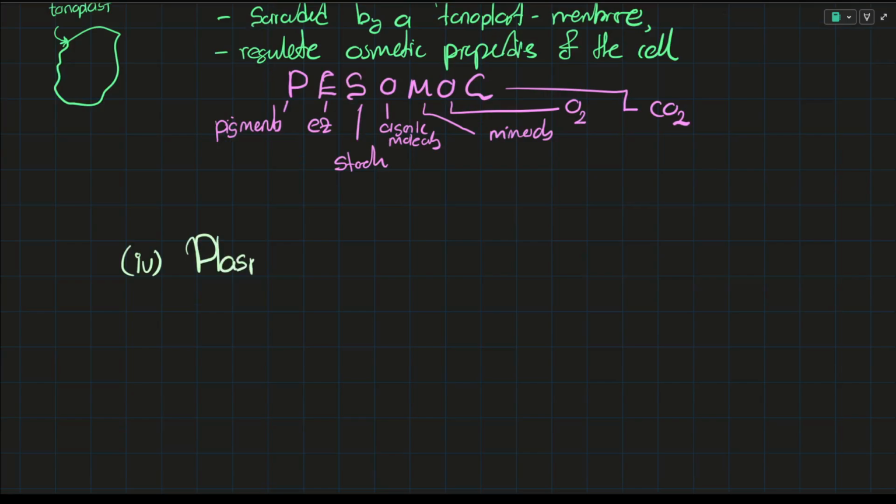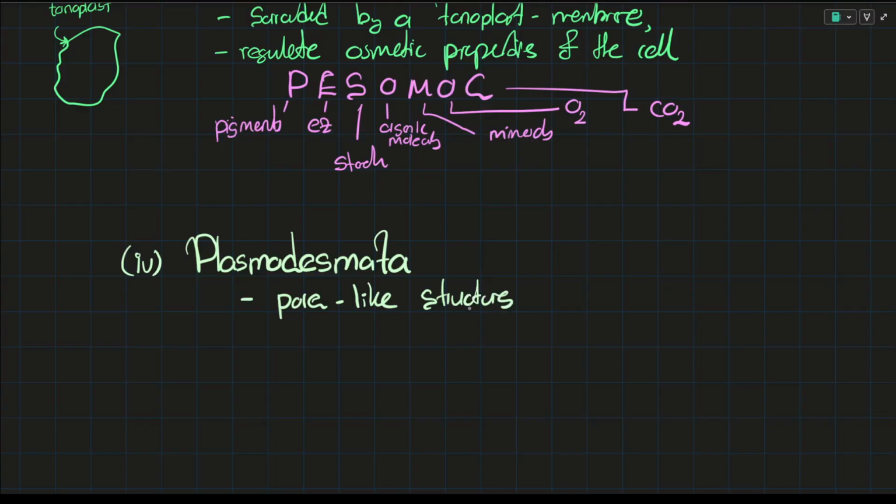We'll talk about something you're possibly going to hear for the first time, and that is plasmodesmata. I'll define plasmodesmata like this. Plasmodesmata are hole-like structures. It's almost like a hole. Hole-like structures specifically found in